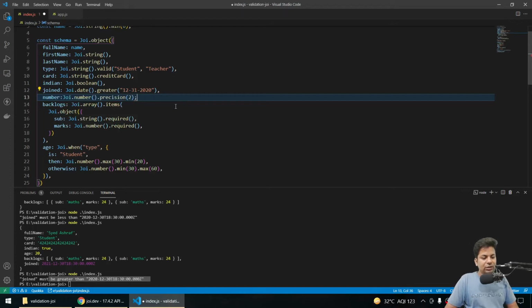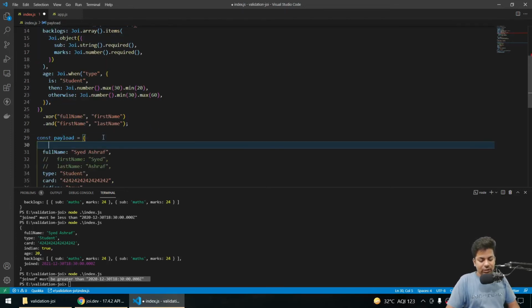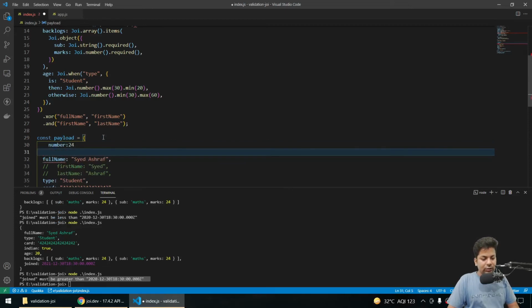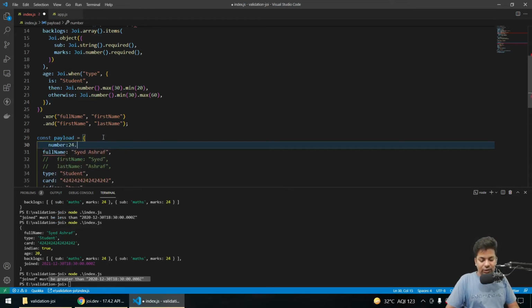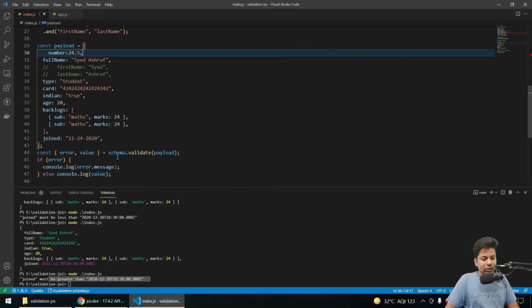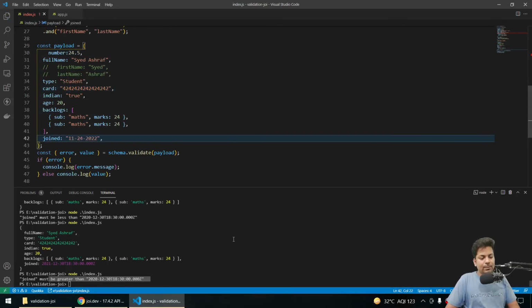I'll say precision 2. So if I send the number 24.5 comma, and let me just remove the date, otherwise it will throw an error, or make it 2022.